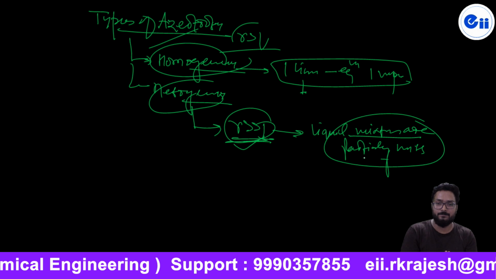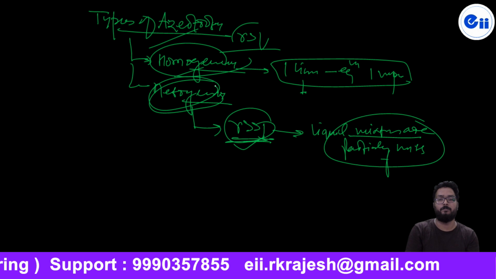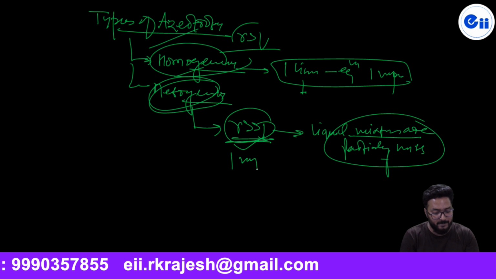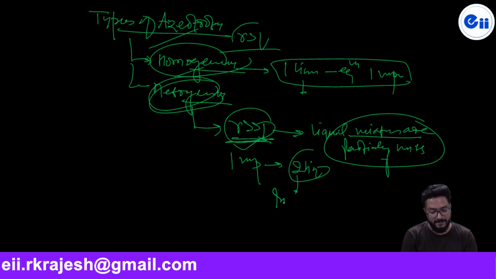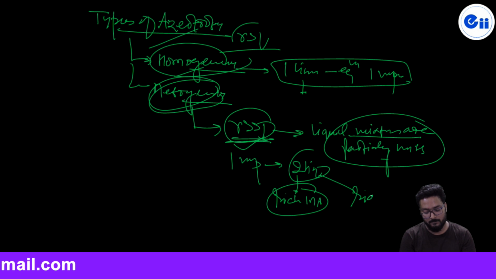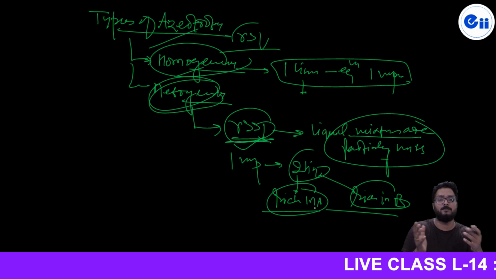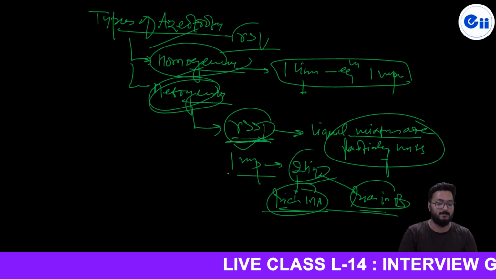And in this condition, the heteroazeotrope is going to form. It means in this case one vapor phase and two liquid phases. One is rich in A and the other is rich in B. Two liquid phases are going to form, meaning the densities are going to be different, and two liquids of different density are considered as two different phases. The two liquid phases will be in equilibrium with one vapor phase, called heteroazeotrope.